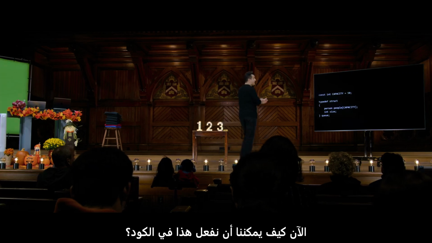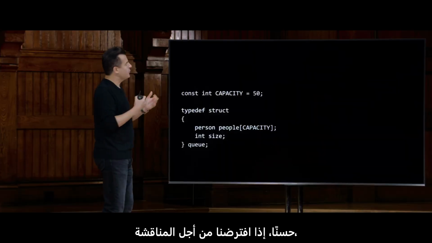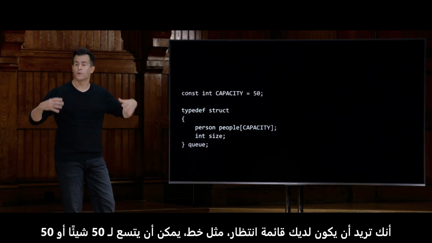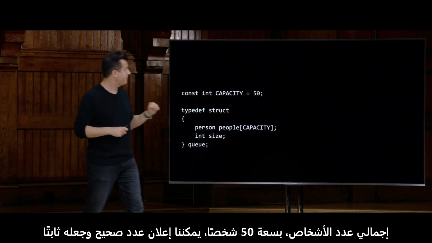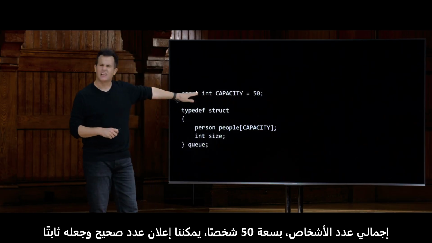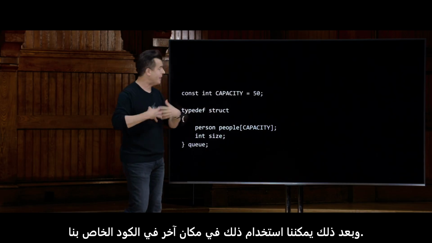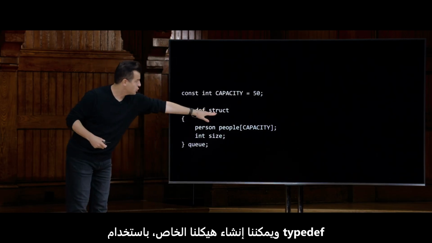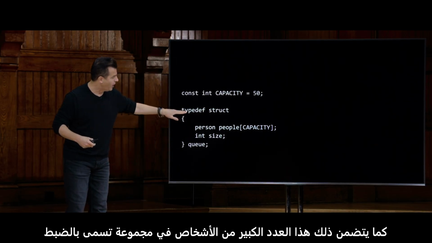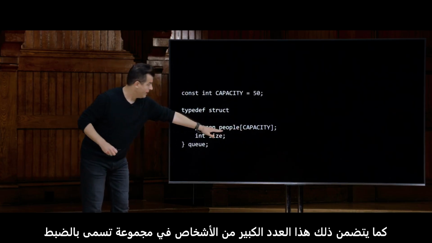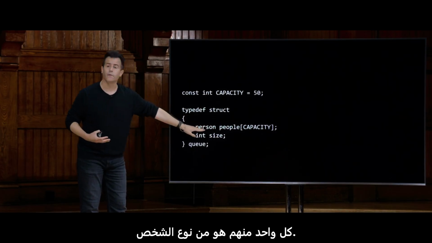Now, how could we make this in code? Well, if we suppose for the sake of discussion that you want to have a queue, like a line, that can fit 50 things or 50 people in total, a capacity of 50, we could declare an int and make it a const so it can't actually change and initialize that to 50. And then we could use that elsewhere in our code, and we could create our own structure using typedef as well that includes this many people in an array called exactly that, people, each one of whom is of type